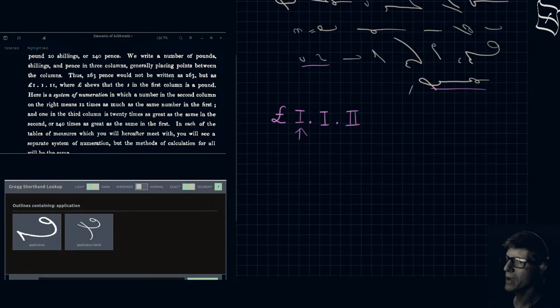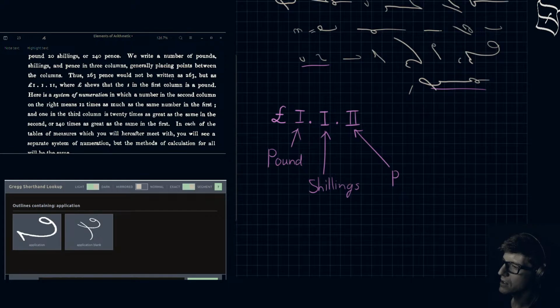This one would be a pound located at that point. And the ones that follow after are shillings and pence. So this is shillings. In fact, we'll just put this here. This one is a pound. This would be shillings. And this would be pence. Now, obviously, in America this is not really necessary for us, so I'm not going to spend too much time on the system, but it does give us an interesting opportunity to look at the way that a system of numeration is going to be slightly different.